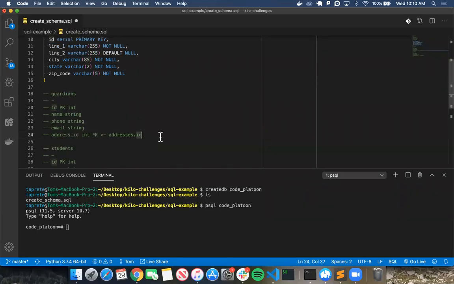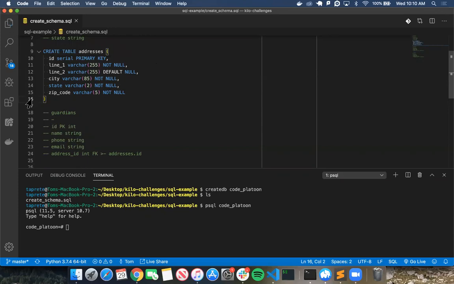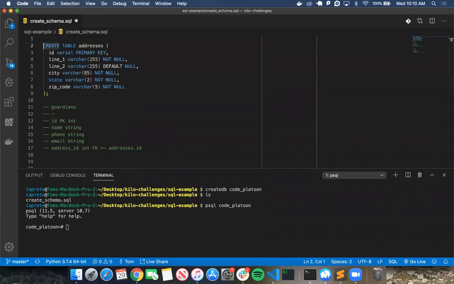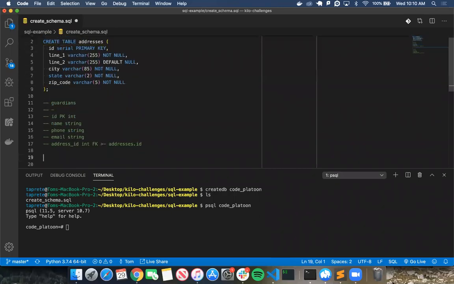Next is Guardians. You need a semicolon too. All right, so I said I need a semicolon after line 16. Good catch. Yep. So Guardians, create table Guardians,